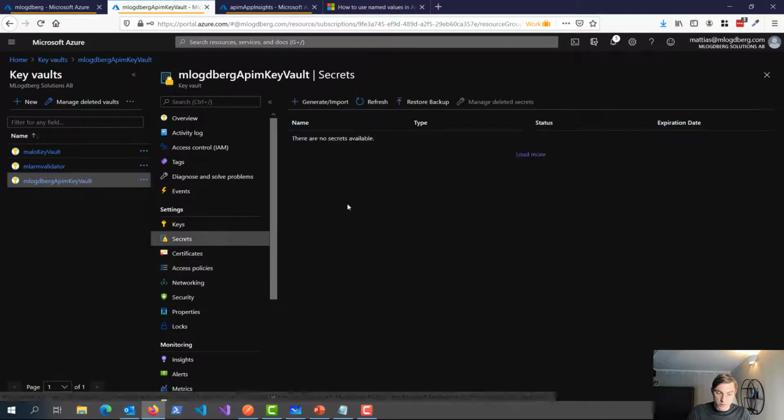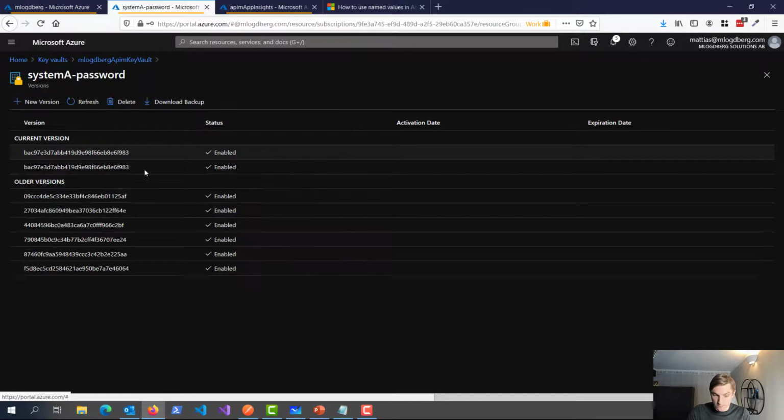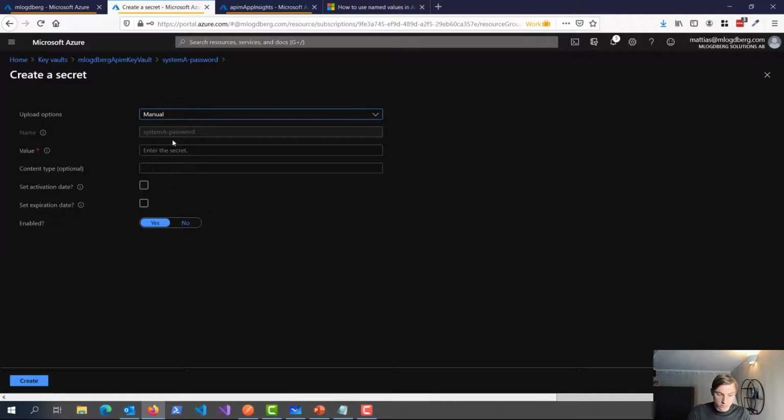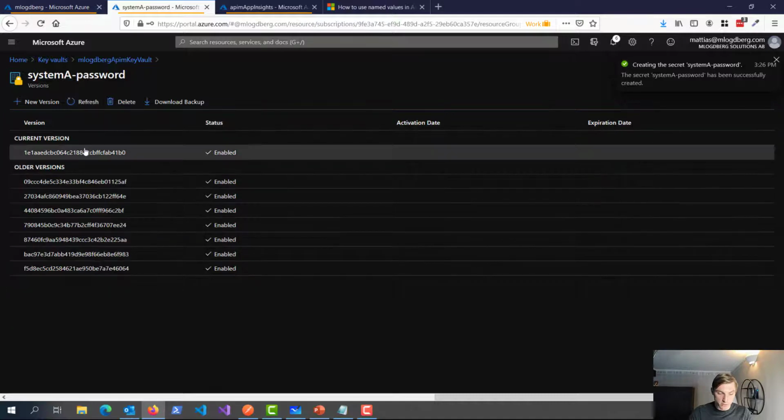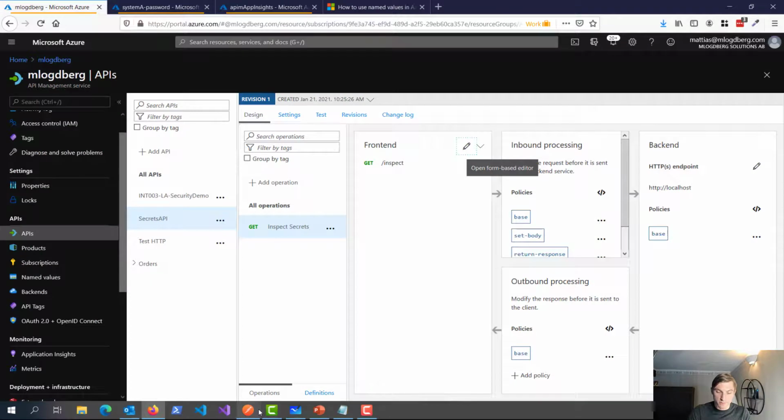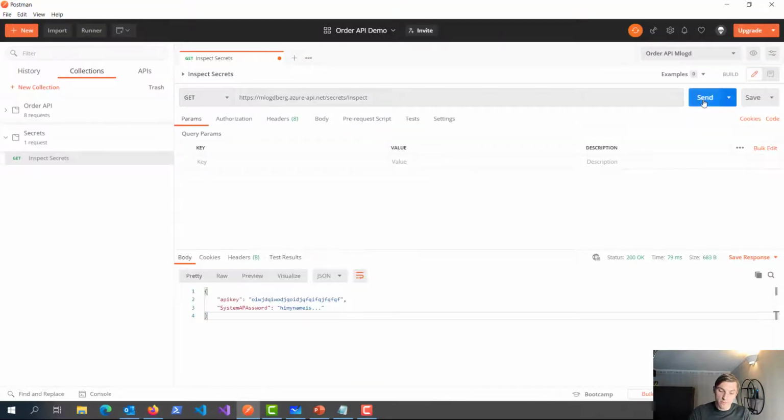So if we go into secrets and we go into this password section, and we add a new version, and we add a value of Anders is here. Sounds like a good idea. And there we go, and press refresh, and we got a new version, as you can see. And let's just hit this one. Let's go ahead and read this one. So as you can see, this is still hi, my name is, and let's try it again,